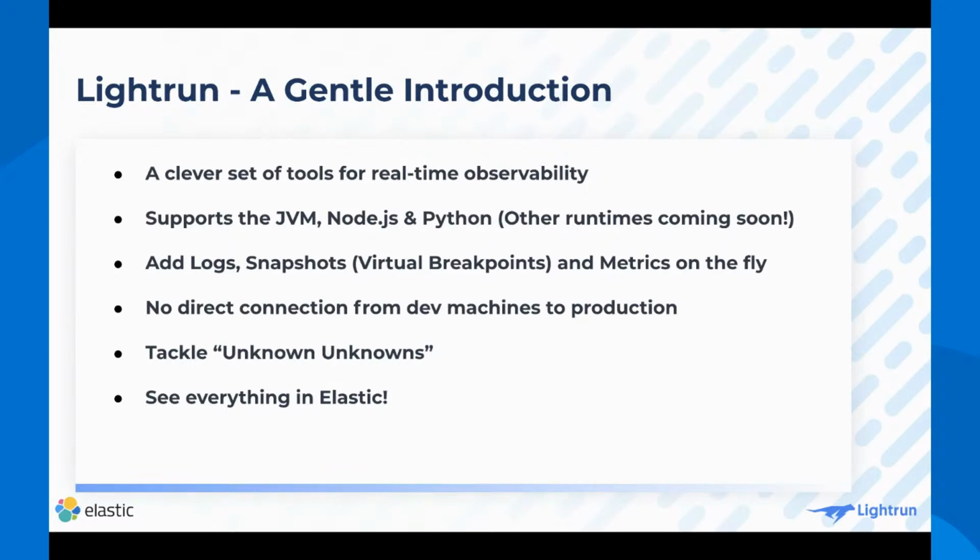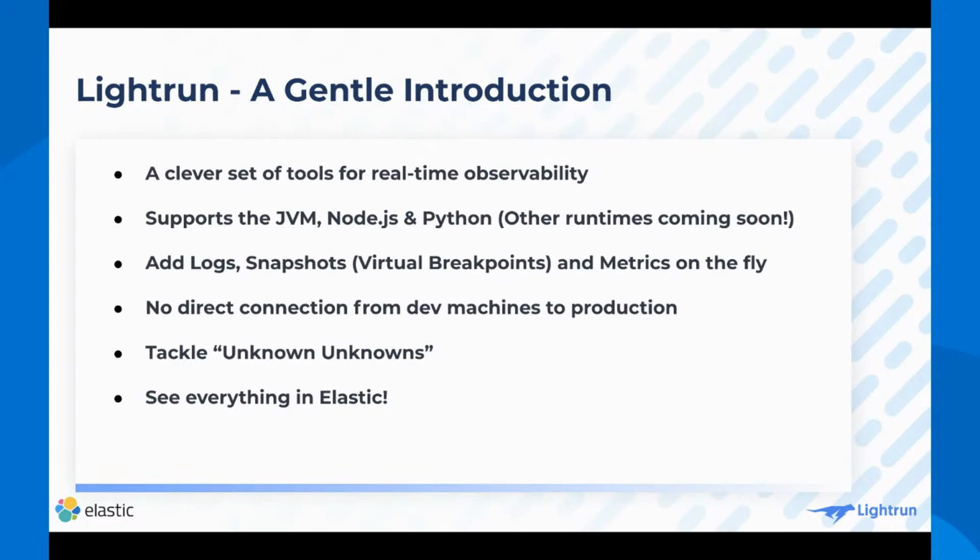And I want to repeat this point because I might have been a bit unclear. The amount of information that is being logged in any given production system is immense. In the way we work with logs, we try to think about all the different edge cases that we'd like to have for our application, basically all the things that can go wrong. We add logs, both procedural, basically things that show us where in the application we are, and a set of logs that help us with specific tough edge cases. What Lightrun does is enable you to enrich the existing log stream with more information that wasn't there when you originally added those logs, which means you don't have to go through